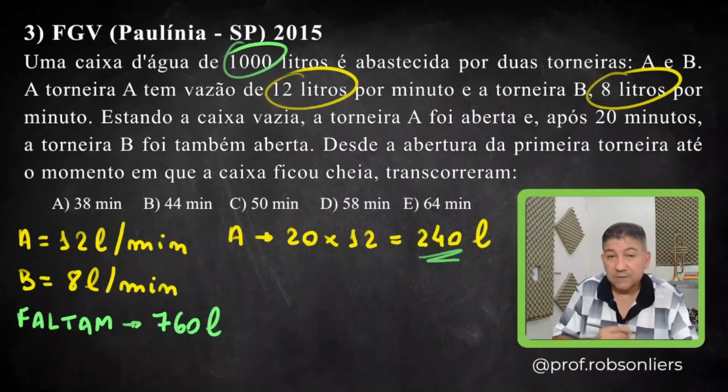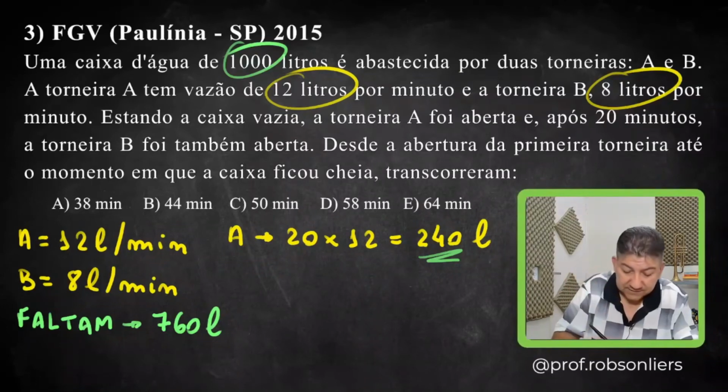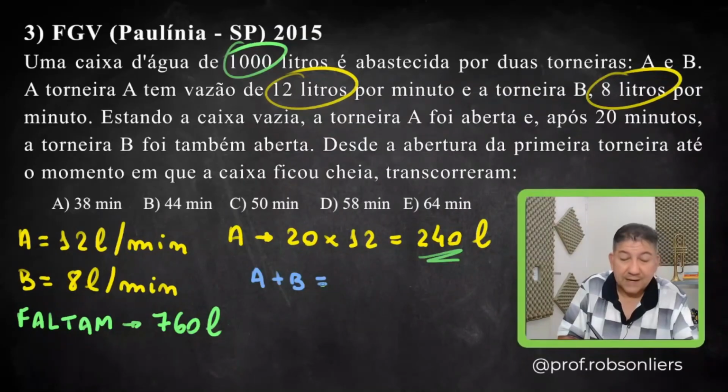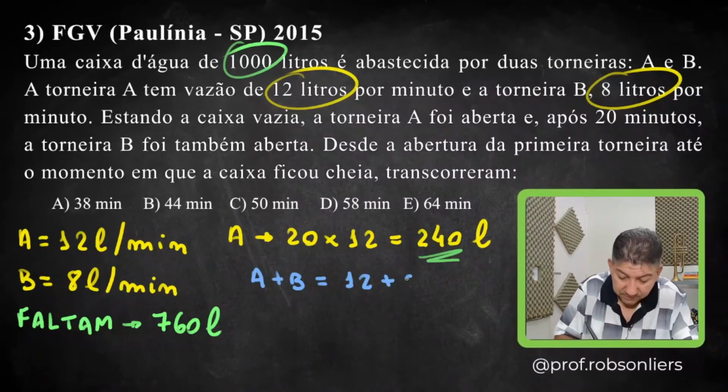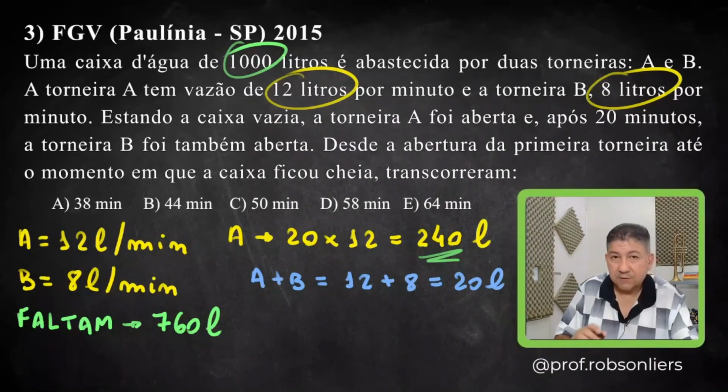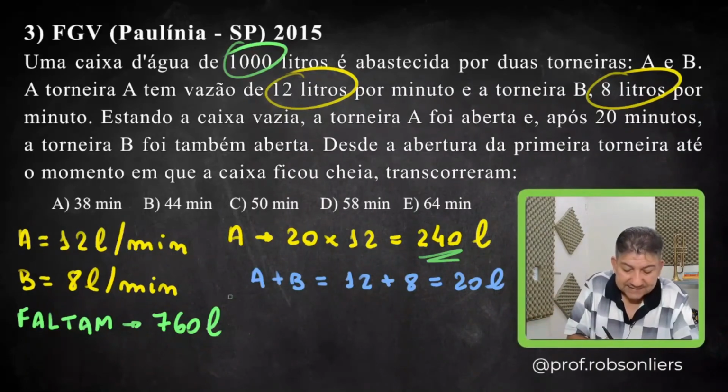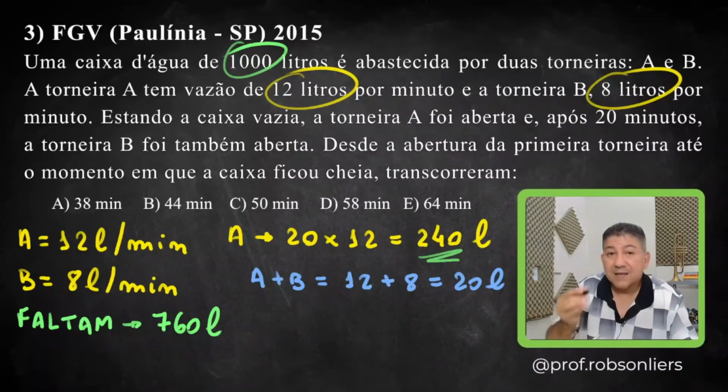Well, after those 20 minutes when the faucet was running alone, both of them were running together, right? So let's add the 2 flow rates here. Look, A plus B will be equal, well, faucet A has a flow rate of 12 liters per minute, and faucet B has a flow rate of 8 liters per minute. So together they have a flow rate of 20 liters per minute. And we know that there are 760 liters left to fill the tank,